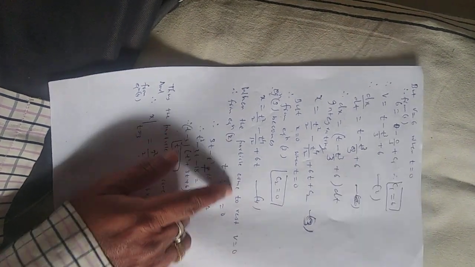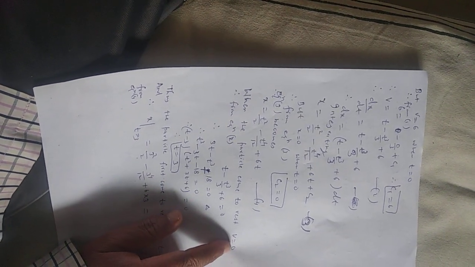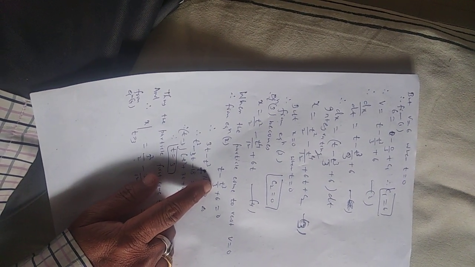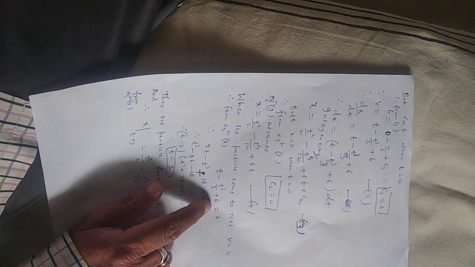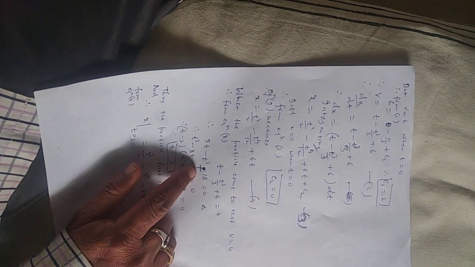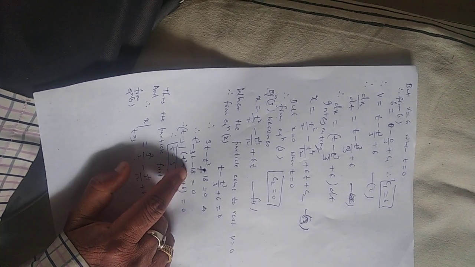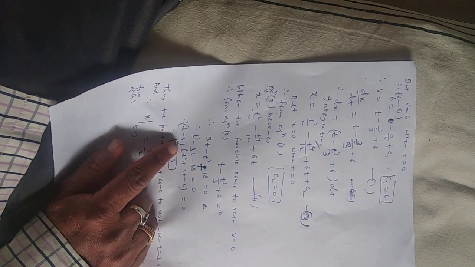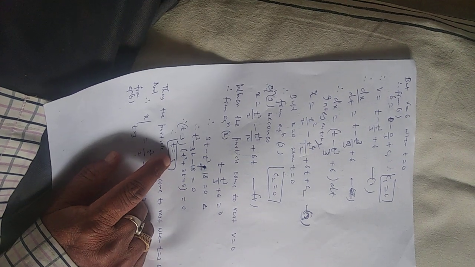But when the particle comes to rest, that means velocity becomes 0. Therefore, from equation 2, v is equal to 0 means t minus t cube by 3 plus 6 is equal to 0, that is 3t minus t cube plus 18 is equal to 0, or t cube minus 3t minus 18 is equal to 0. The factors are (t minus 3)(t square plus 3t plus 6) is equal to 0, and this immediately gives